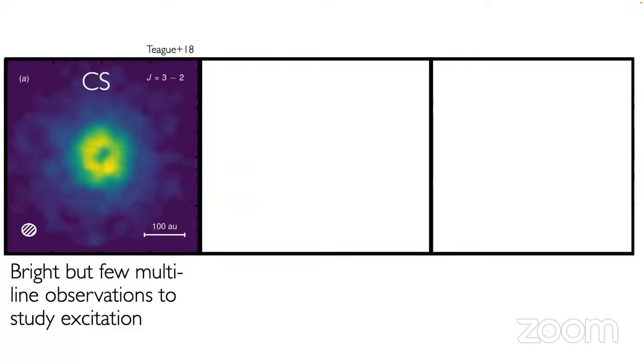And so to just show you what this typically looks like, if you get a nice CS detection, it looks very much like a disk. It is highly spatially resolved. It is bright. The main problem here is that we often just do one line at a time. So our excitation, the actual gas temperature, density, and so forth, those are a bit limited by single line